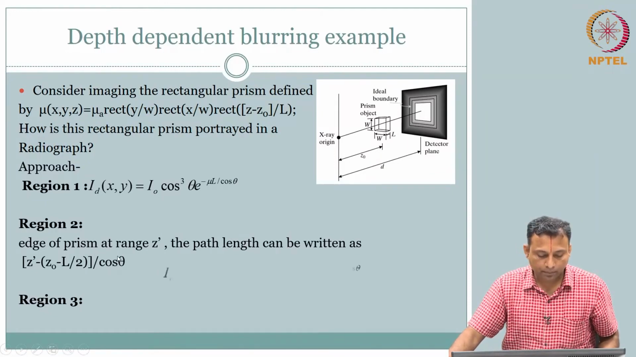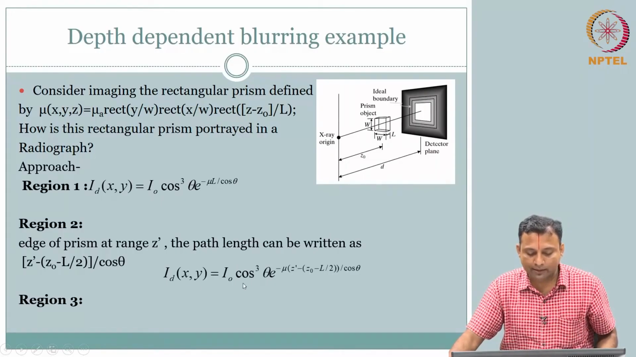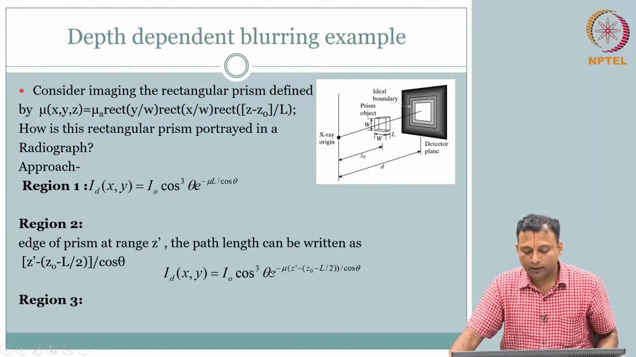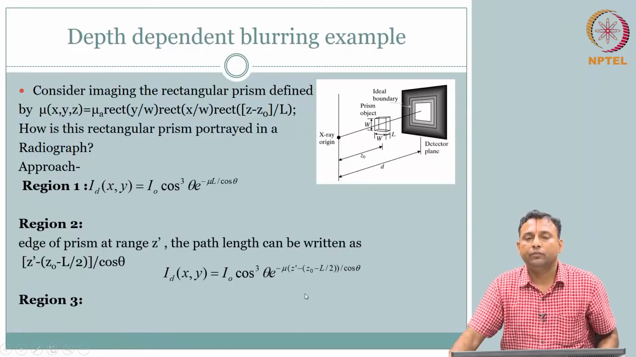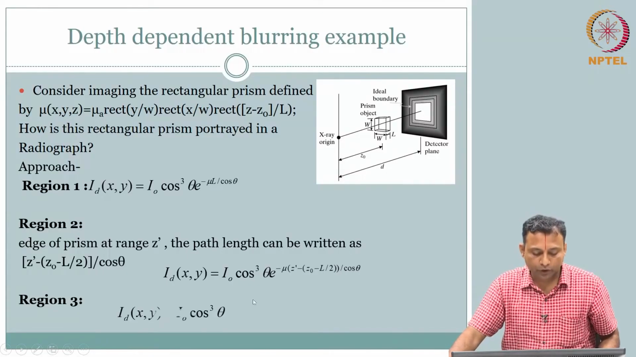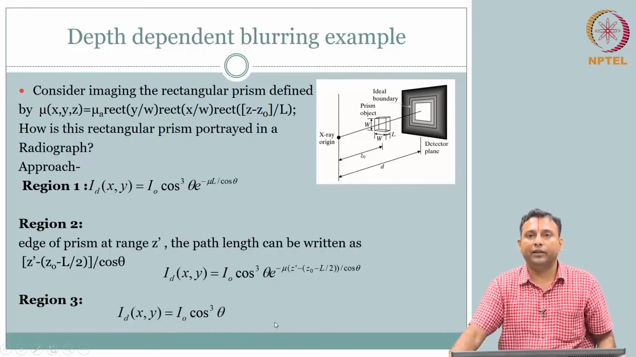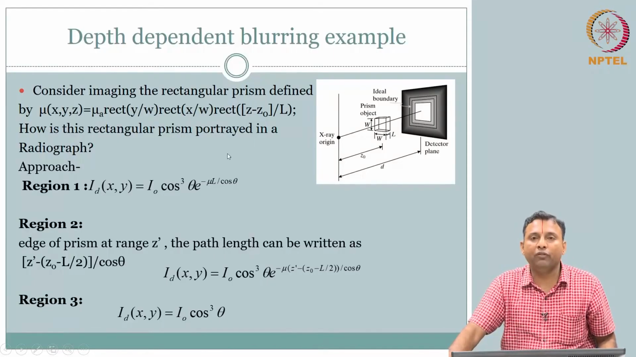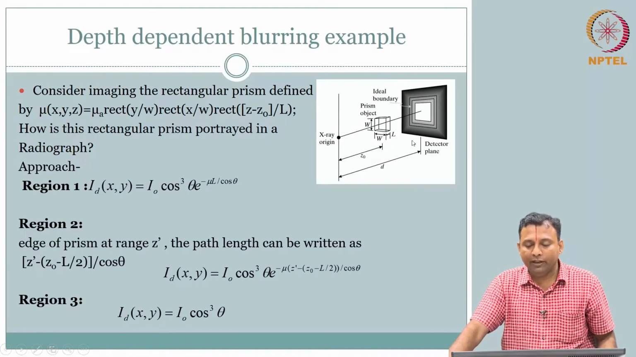That is your path length, and then your ID is going to be, everything else is the same, only the path length is going to be changed here for the formulation. So the third region, no issues, you do not have any object, so it is only your I naught cos cube theta. This is important, you will find in these kinds of problems, homeworks,